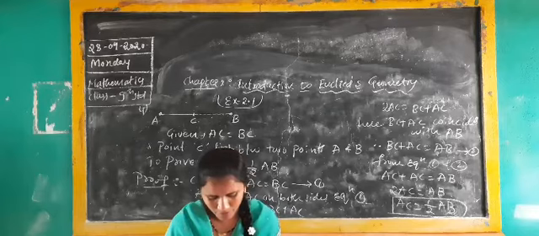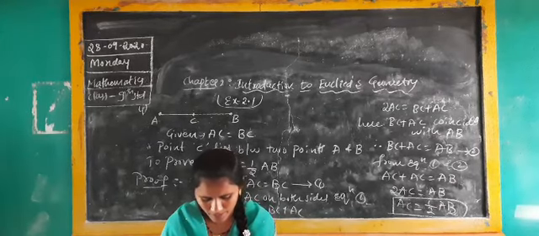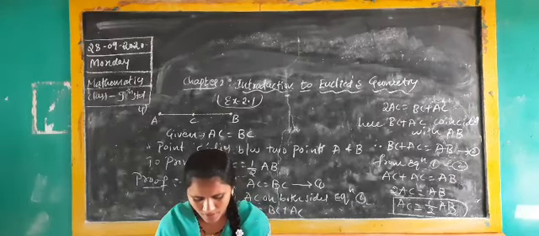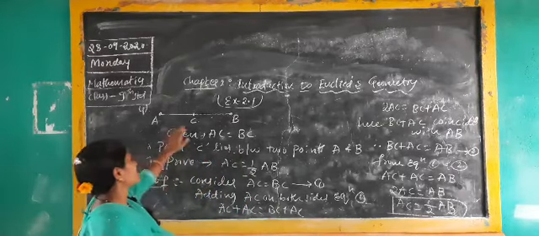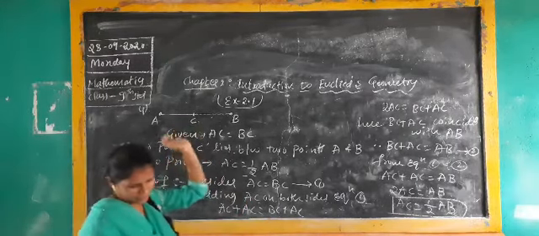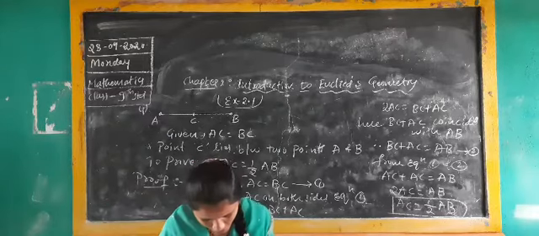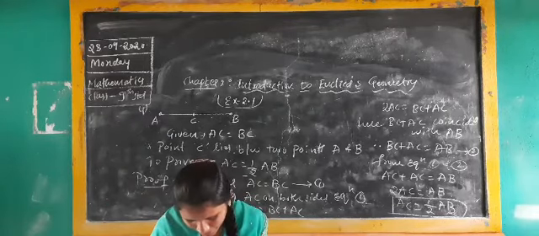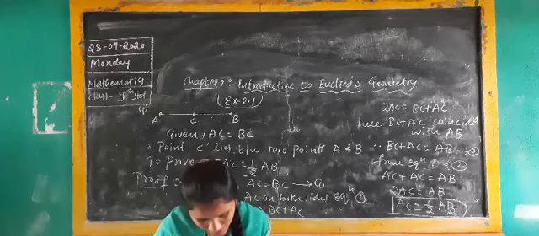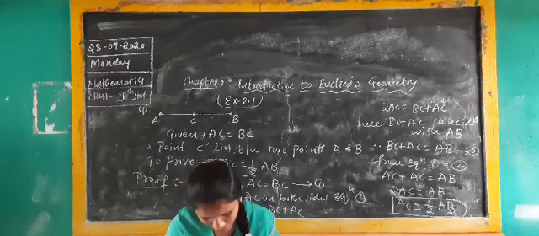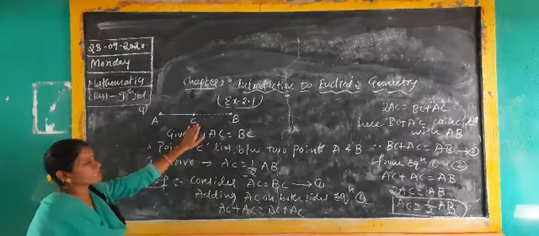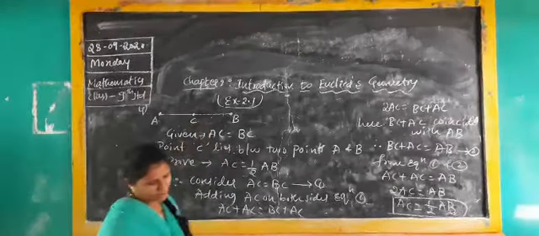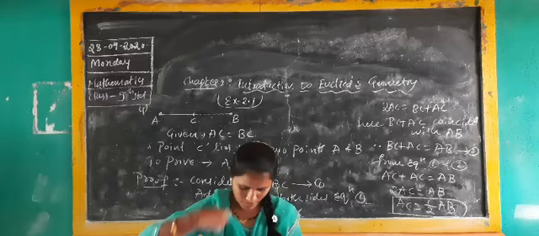And next, the fifth question. Whatever they are given in this question, point C is called the midpoint of the line segment AB. Here draw the same diagram. Here C is the midpoint of AB. Prove that every line segment has one and only one midpoint. Here they are saying that in this line segment only one point is the midpoint. You have to prove it. Okay, write down the fifth one.